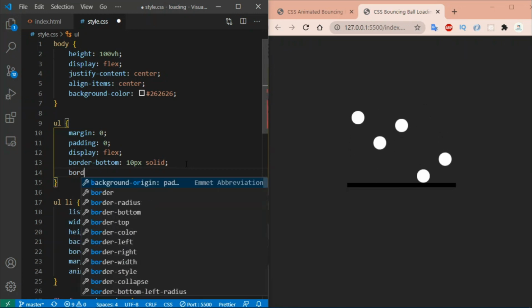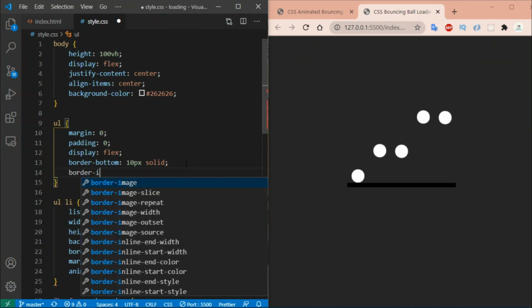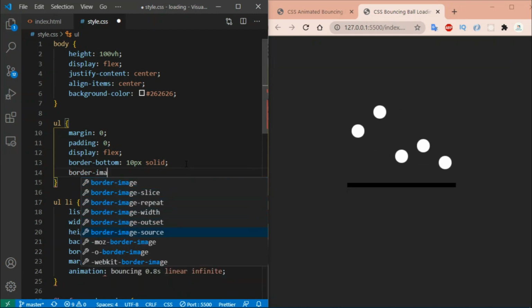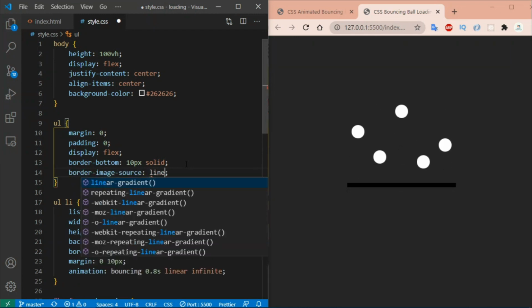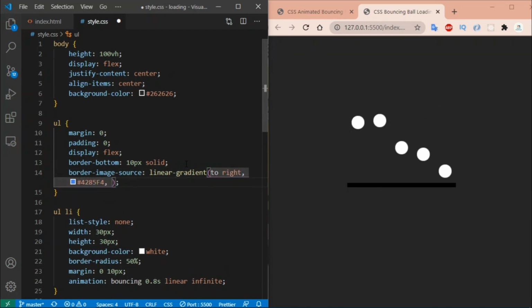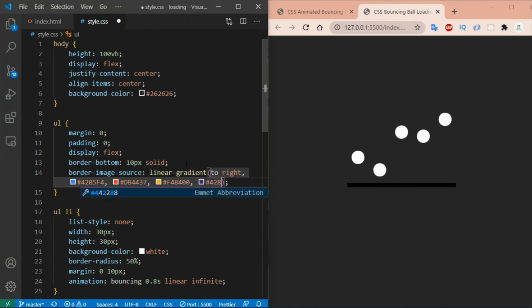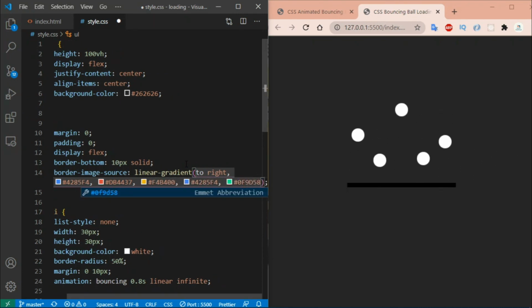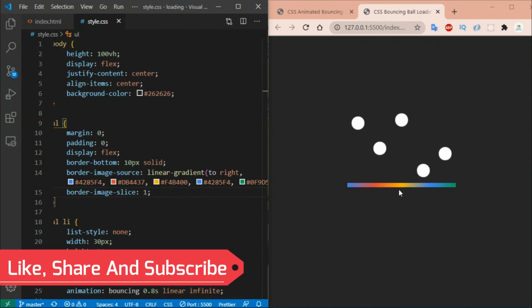For this we need to use the border image source property and set linear gradient to right, comma. Now our border bottom looks good.